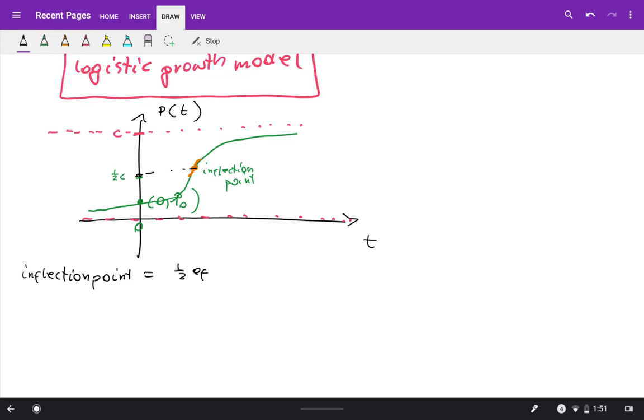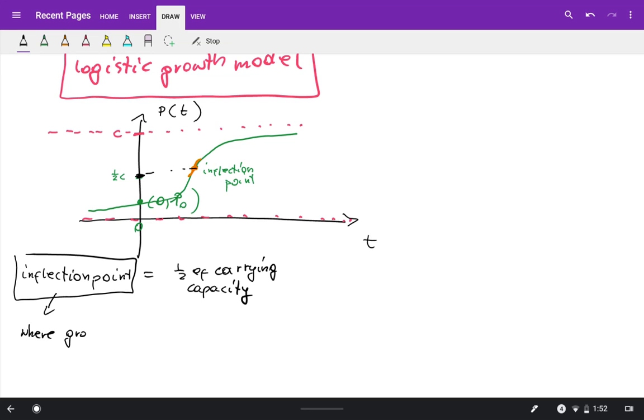That should be right here. Half of carrying capacity is half of carrying capacity. Okay, inflection point. And the inflection point is where